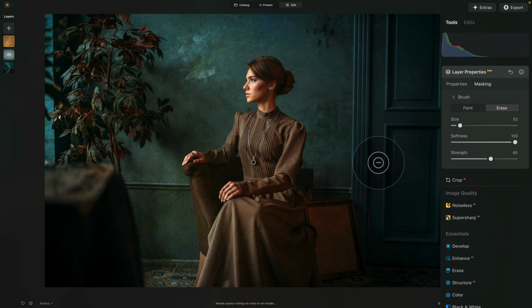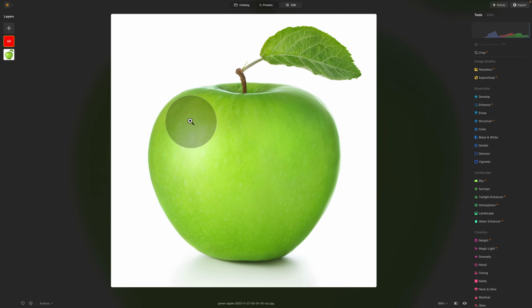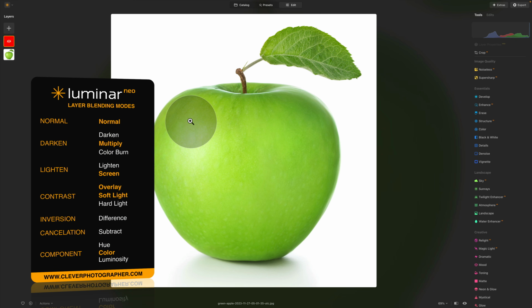So coming back to it, the overlay and soft light blend modes offer the opportunity to add contrast, or create a contrast between the two layers, and those are the blend modes most often used for adding textures and overlays to your photos. And finally, to finish it off, the sixth blend mode we're gonna be talking about is the color. Now, compared to the other blend modes, color blend mode doesn't adjust anything else other than the color between